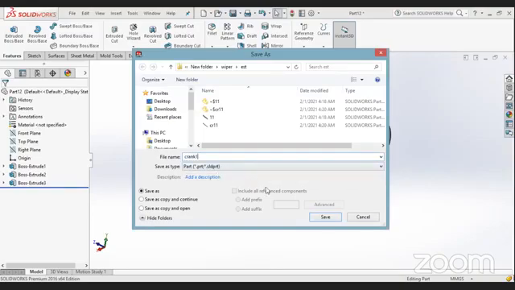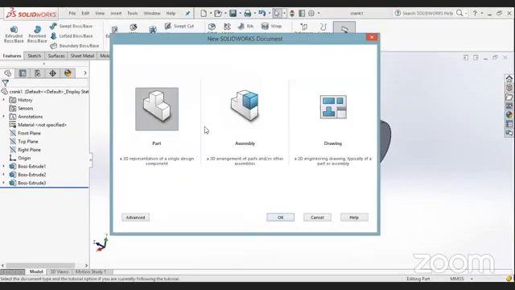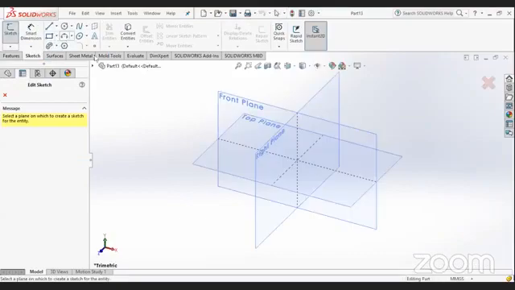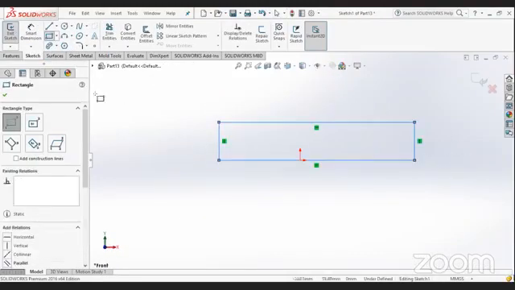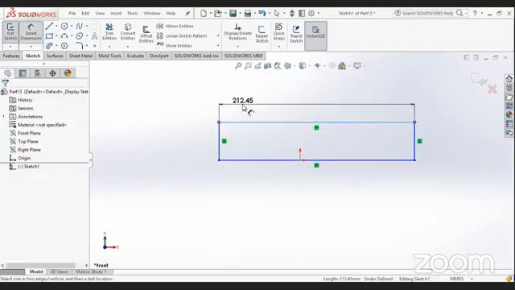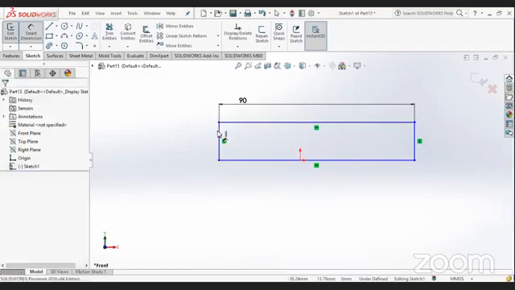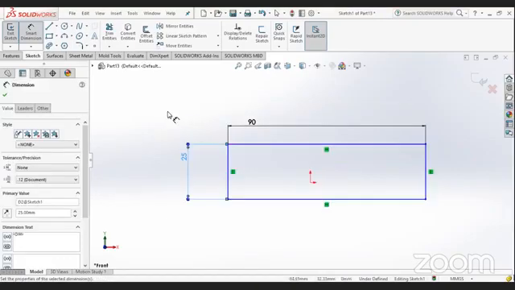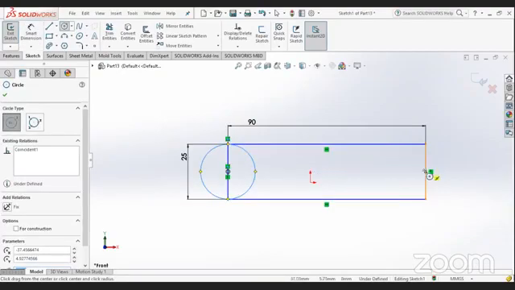Now we'll be making crank number 2 in a similar process. Same procedure. Now this distance will be 90 mm. Okay, we had already taken the 25. Again, we'll be taking 25 mm. Okay, 2 circles you can make.